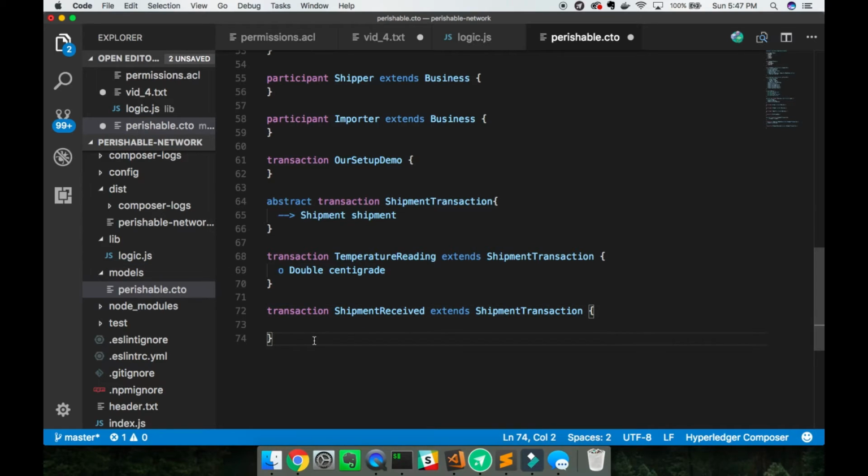But we don't have to do anything with this like we did here with the centigrade. All we have to do is provide it what we have in our abstract transaction. We just have to tell the contract which shipment we're saying has been received. So we'll save that, and then we have to come over to our